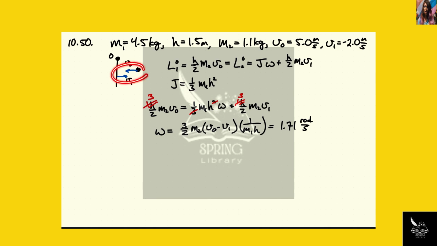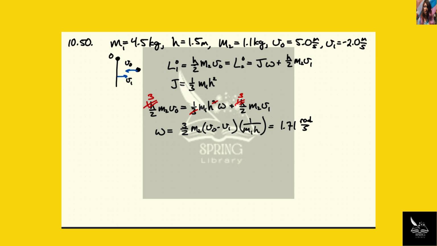Now we can figure out how much damage the raven does to the raven. But anyway, the raven hits this thing and it bounces off, and it hits it halfway down. It's initially coming in at 5 meters per second, and it goes out at 2 meters per second. It bounces off. So this is a classic conservation of angular momentum problem. Take angular momentum about this point